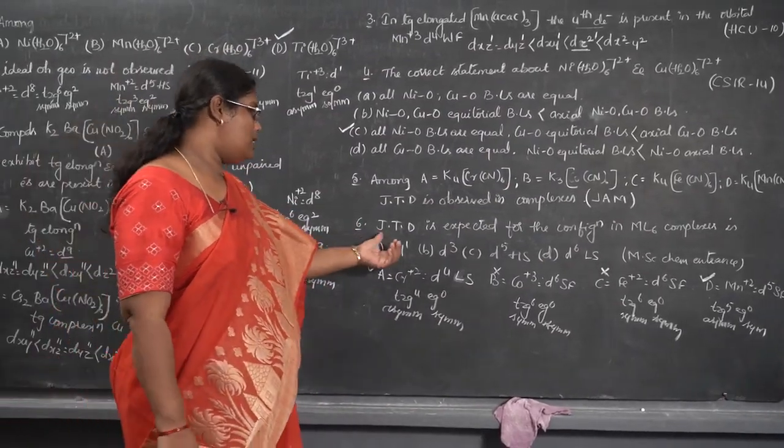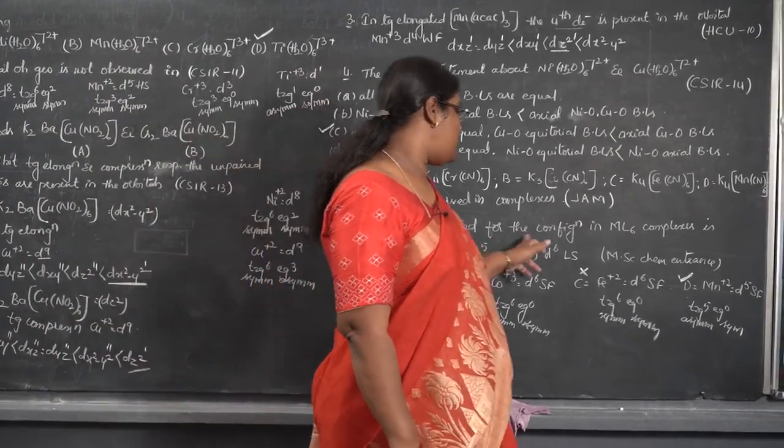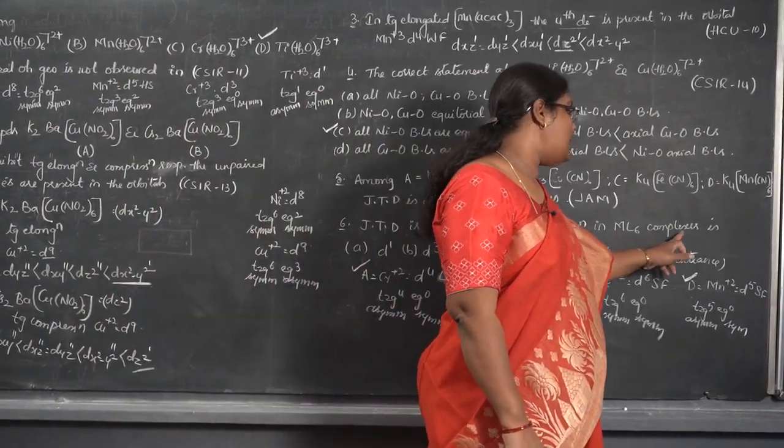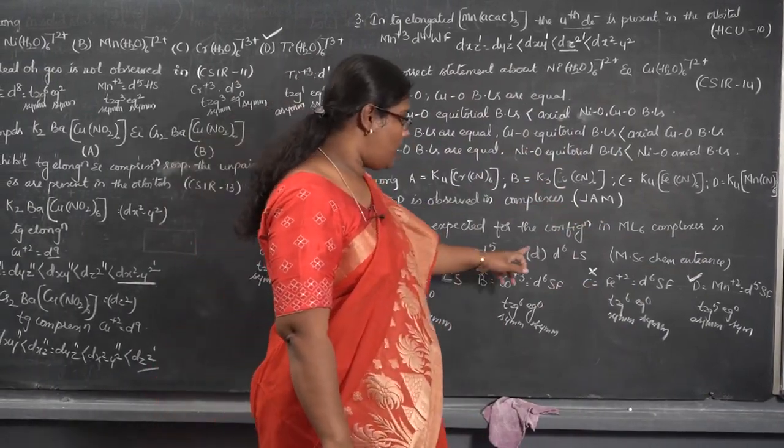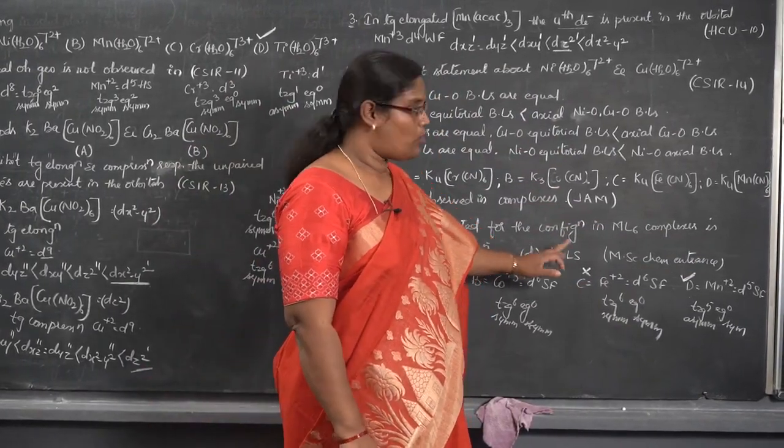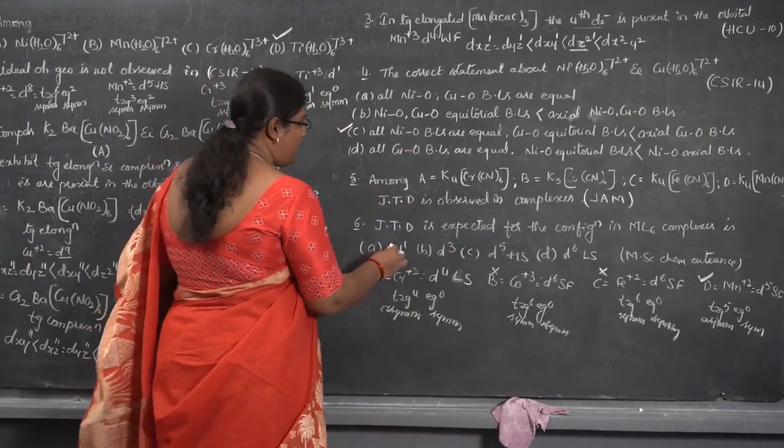Now the next question is, Jahn-Teller distortion is expected for the configuration in ML6 complexes is. You should find out in which configuration you are going to have the distortion. D1, we write it as